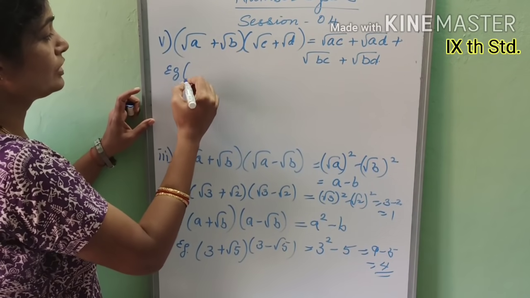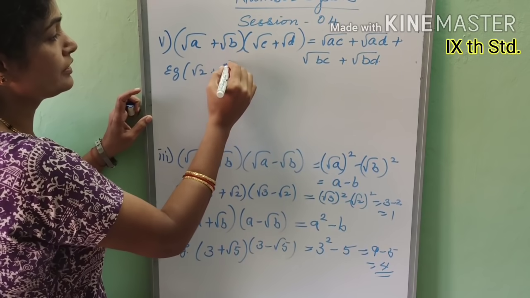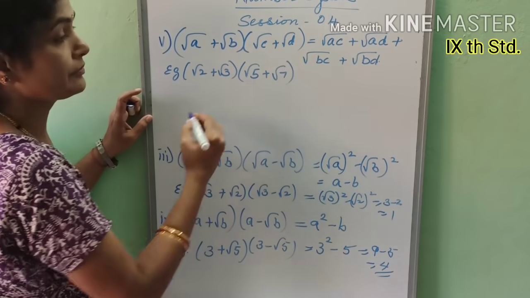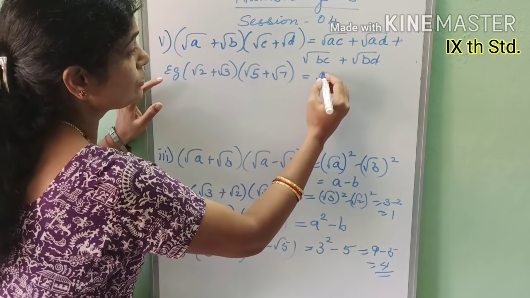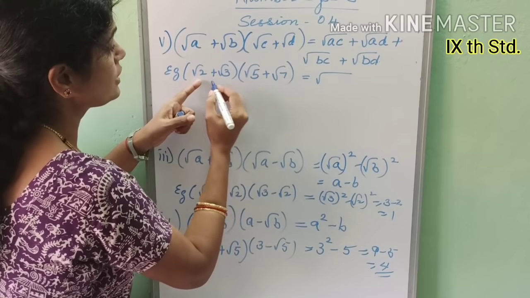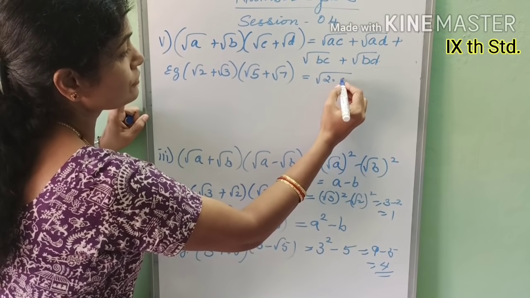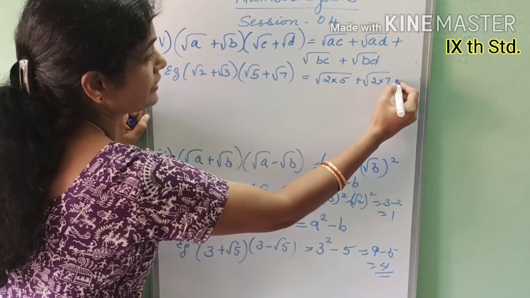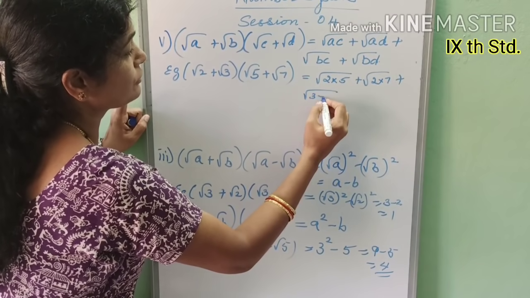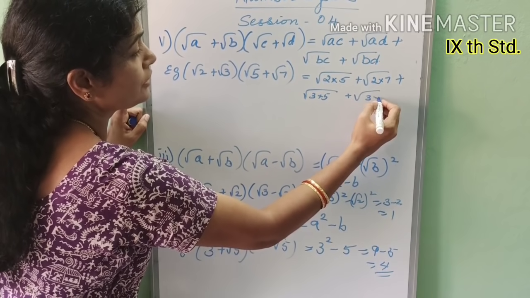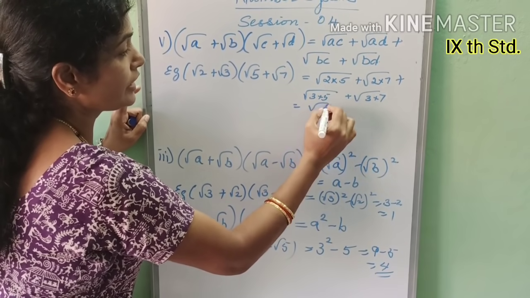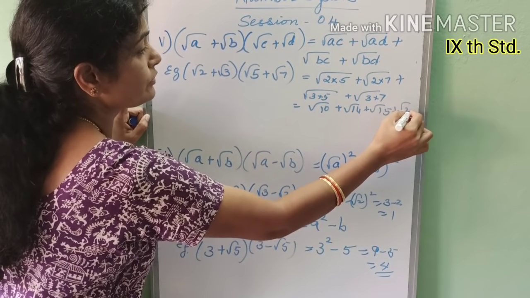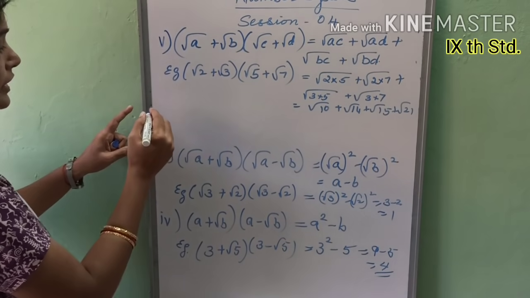Example, root 2 plus root 3 into root 5 plus root 7. Taking this, it is equal to root of a into c, that is root of 2 into 5, plus root of 2 into 7, plus root of 3 into 5, plus root of 3 into 7. That is nothing but root 10 plus root 14 plus root 15 plus root 21. Okay. Then next one,